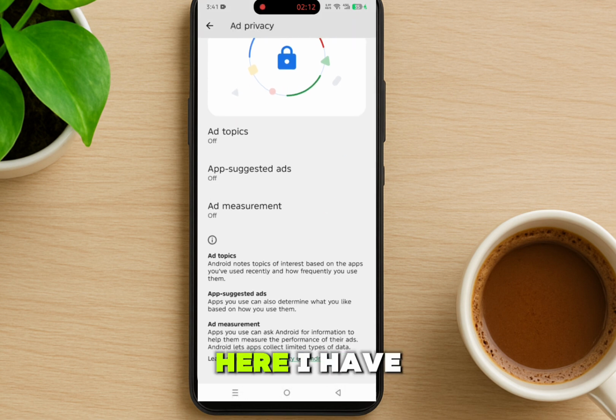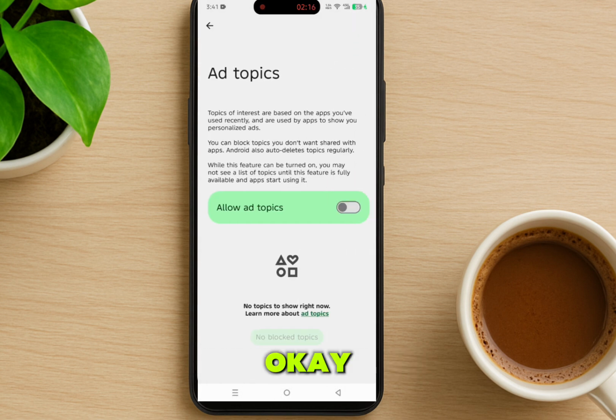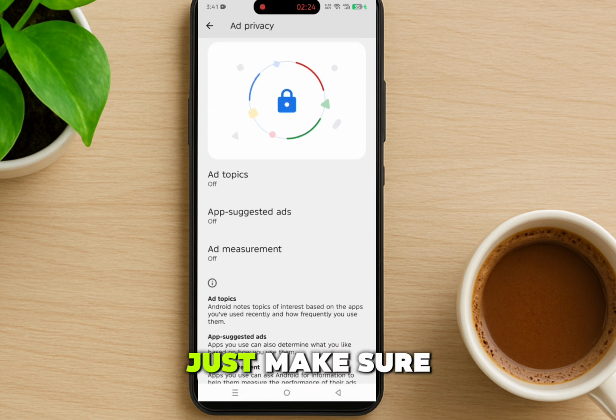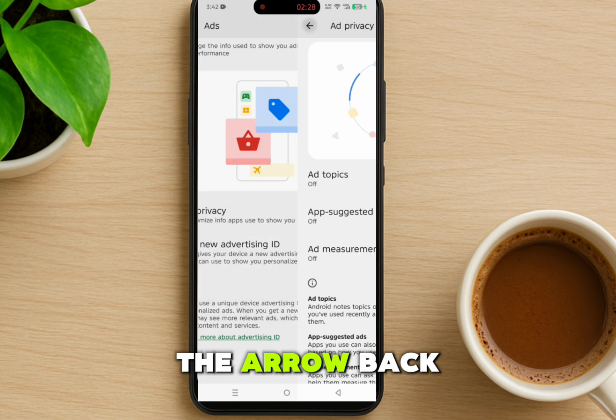Now you see here, I have turned off all ads. This is what you should do. Make sure that you turn it off so that this does not get shared by third-party apps. Just make sure that you follow every step here so you don't make any mistake. Now click on the arrow back button